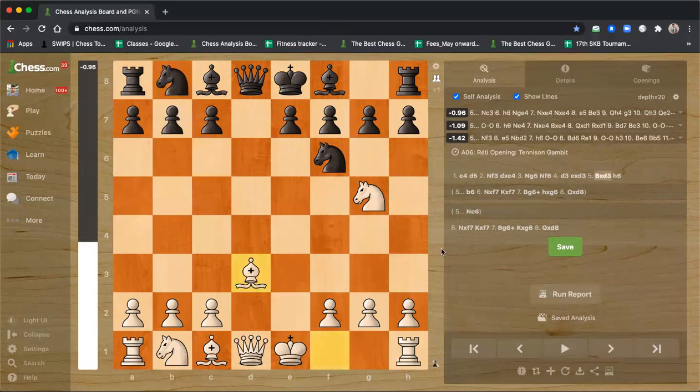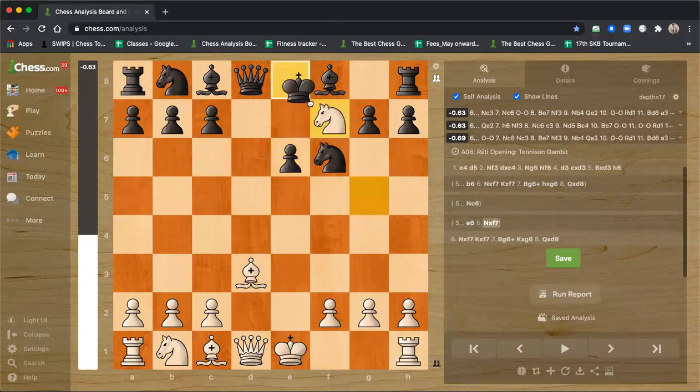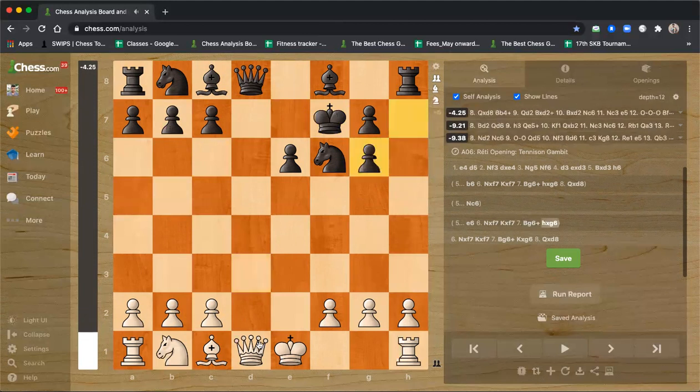The other option is just to go e6. Now it stops knight f7 because if knight f7, king takes. And if bishop g6, you have the option of king e7 first of all. You also have the option of king takes or pawn takes. Because now if queen takes,